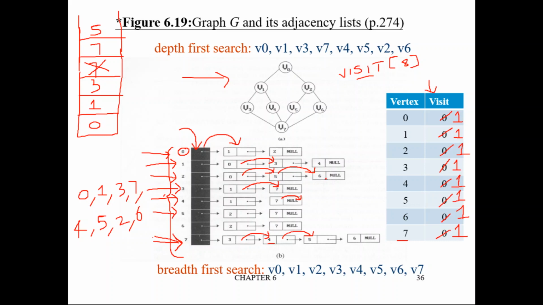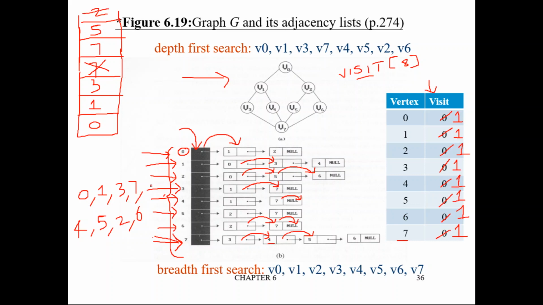Whenever you visit something for the first time, what should you do? Jump. So we should jump to 6. From where are we jumping? From 2. So push 2 to the stack and jump to 6. Now from 6, is 2 visited? Yes, visited. Then go next. 7. Is 7 visited? Yes, visited. Then go next. Null. Whenever you see null, what should you do? Pop. So pop means 2 will come out.